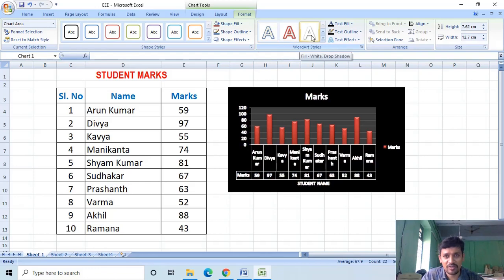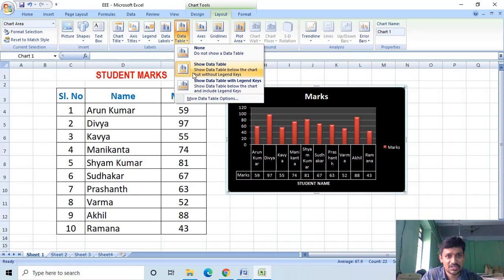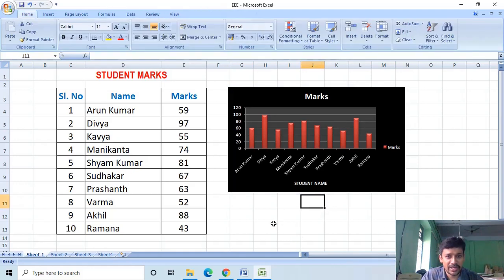Whenever I am choosing one particular style, automatically the chart is changing. I am removing this data table from this chart. I am selecting none. So this is one method to create a chart in MS Excel.